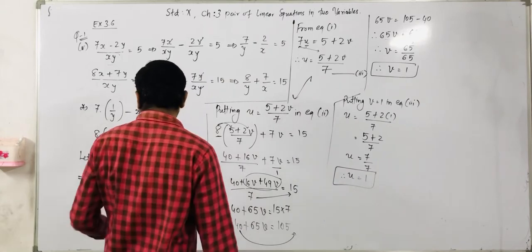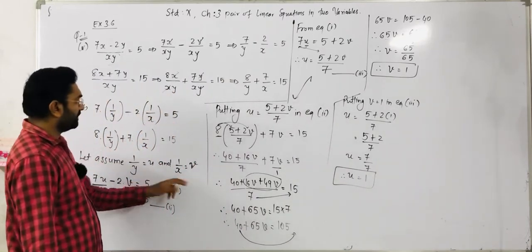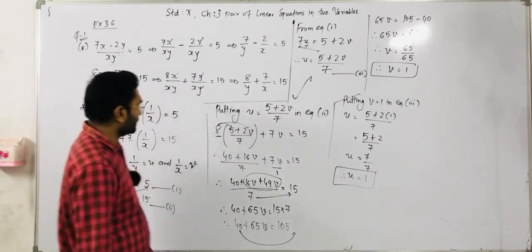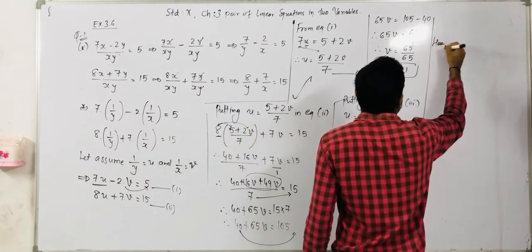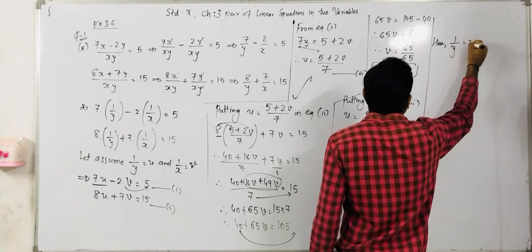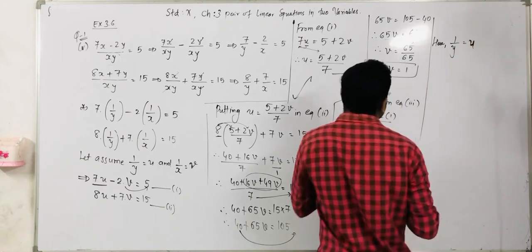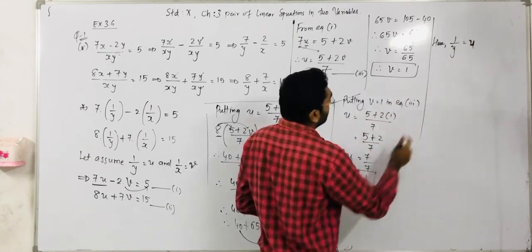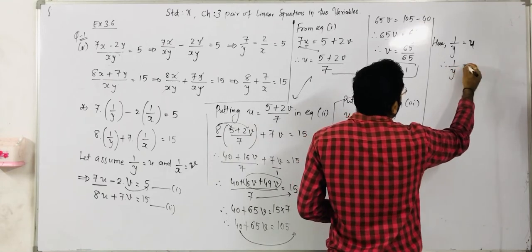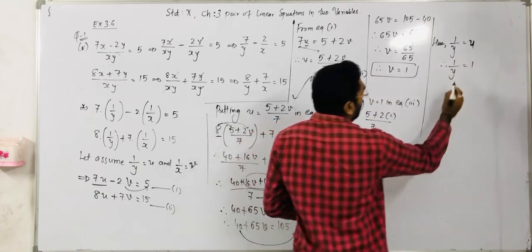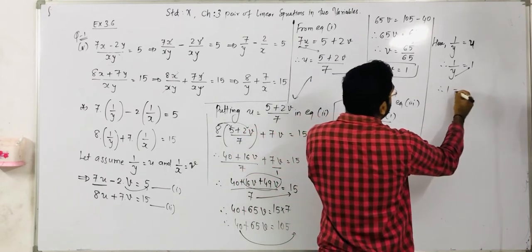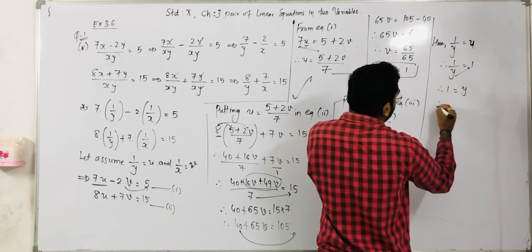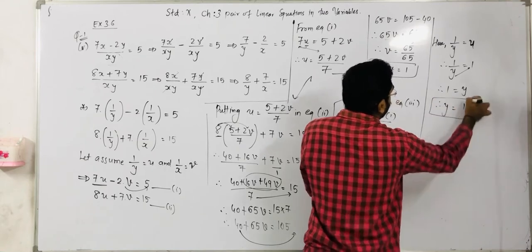Right. Now we have to find out the x and y values. The u and v values represent 1 by y and 1 by x. So we have to put here 1 upon y is equal to u, the variable we assumed. So the u variable value we get as 1. We put here 1 upon y is equal to 1. The y value we have to find out. So it is multiplying on the right hand side. So 1 is equal to y, ones are 1. So we get the y value as 1.